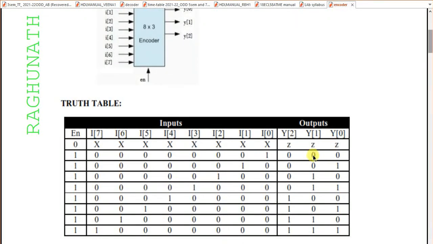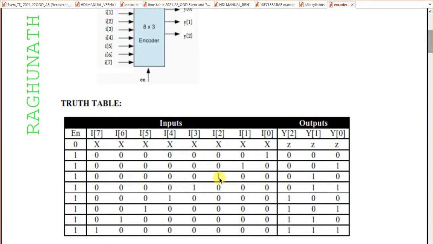So I of 0 means y is equal to 3 bit 000, that means in decimal simply 0. Second case, again with enable equal to 1, I of 1 is equal to 1 and all other inputs are 0. For this it will encode the unique representation as 001, in binary 3 bit 001, or in decimal simply 1.